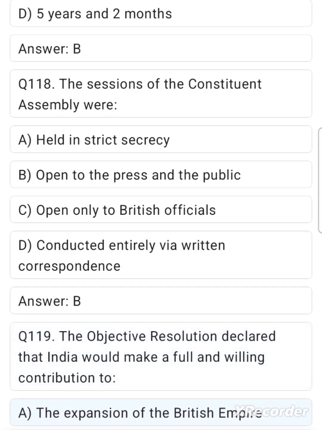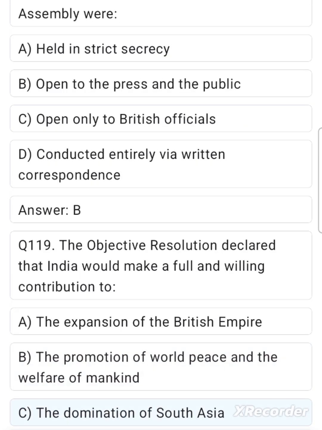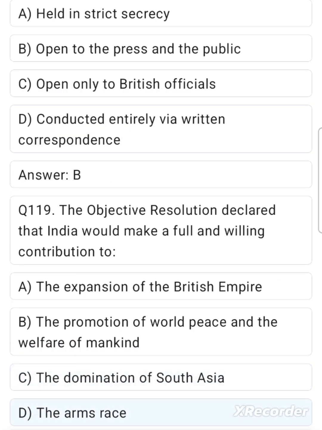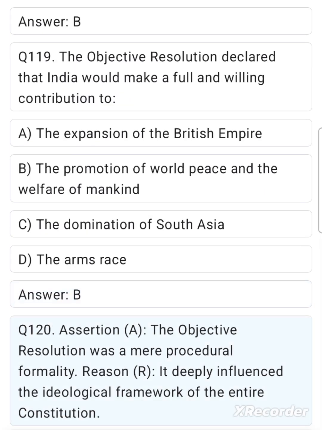A. The expansion of the British Empire. B. The promotion of world peace and the welfare of mankind. C. The domination of South Asia. D. The arms race. Answer: B. Q 120. Assertion A: